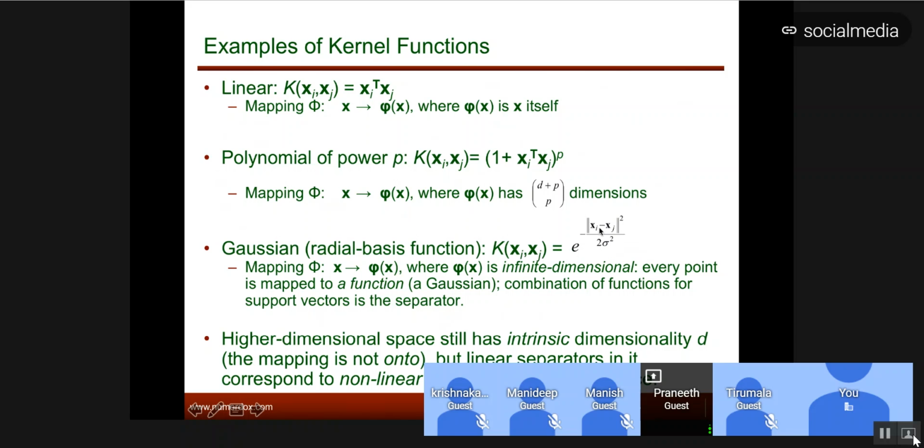Because if you see, this is a negative exponential function. An exponential function is something that increases, but if it is negative, it decreases very quickly. So if your sigma was very big, then this distance divided by a very big number is going to be closer to 0, so it means it's decreasing slowly, going to 1. But if sigma was very small, you're going to have a very big number here. So negative exponential of a very big number means it is decreasing very quickly. So what sigma is influencing is